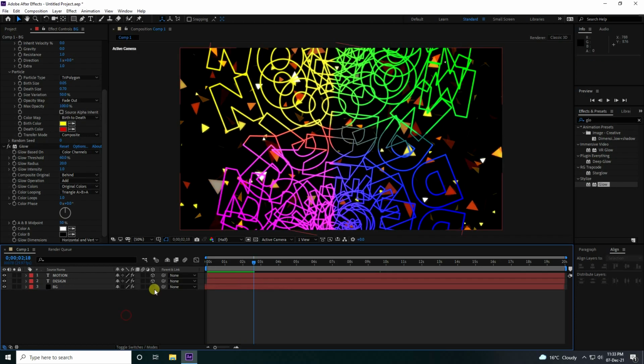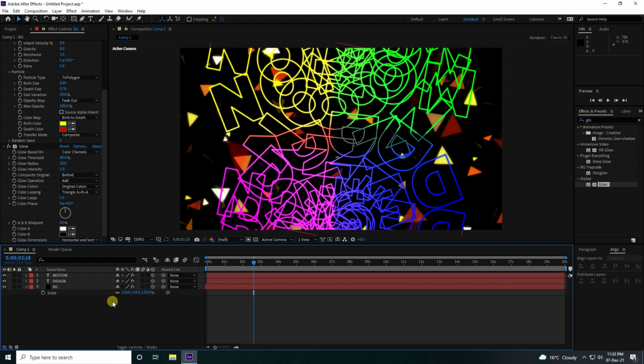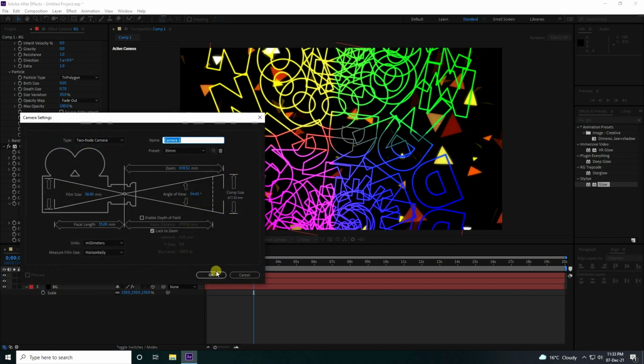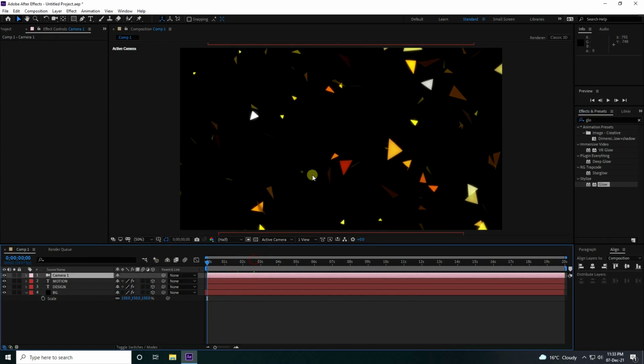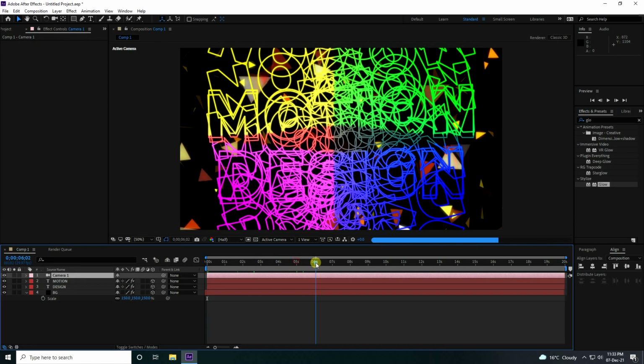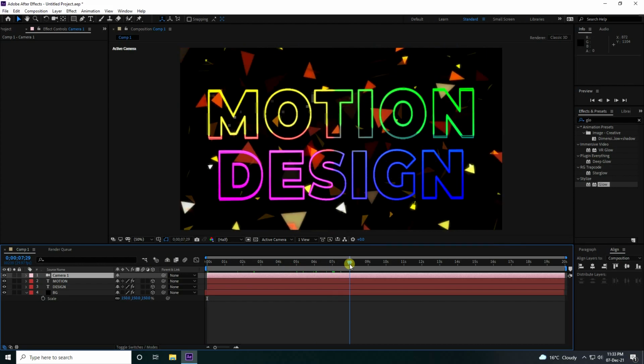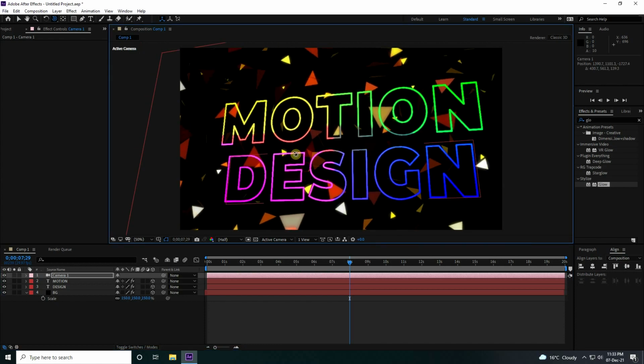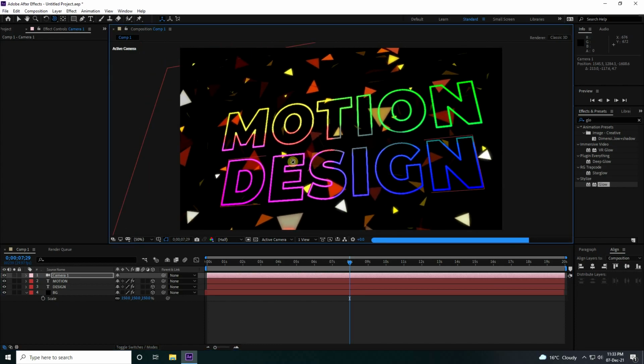Now click on the 3D layer switch on the background layer, select this background and increase the scale to 150. Next I take a camera. Then I go to about 7 seconds, actually 8 seconds, press C, and change the camera angle like this.